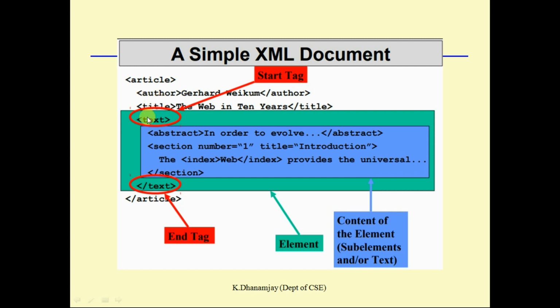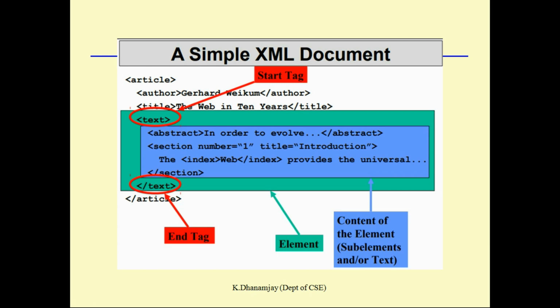What about text? Here text is a starting tag, and in between there are many different tags, different children. So the root element is the parent and will have children. If you consider this a parent, then it has a child, and here a child and then subchildren, which varies.